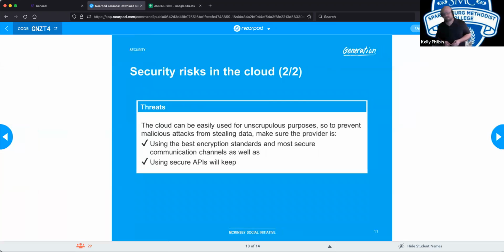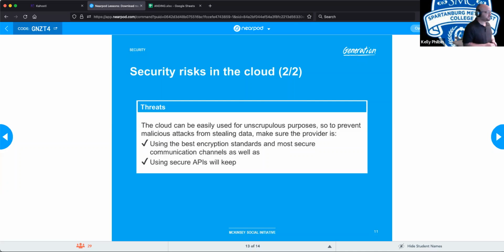Now, it's not all sunshine and rainbows on the cloud. Sometimes they can be used for unscrupulous purposes. So they can be used for denial of service attacks, because basically the cloud provider is just providing you, especially if it's infrastructure or something like that, with resources. Hackers can actually utilize these resources to perform attacks.